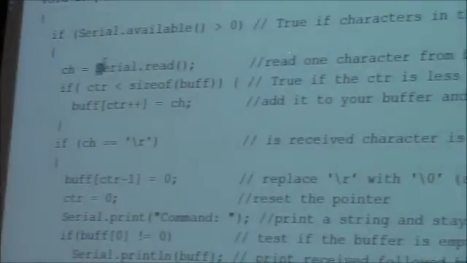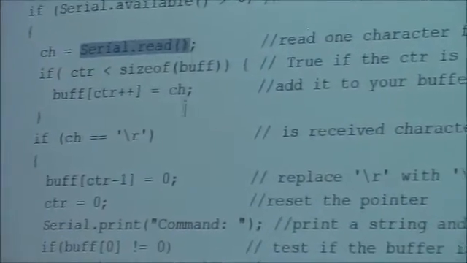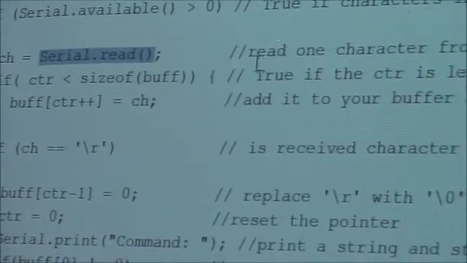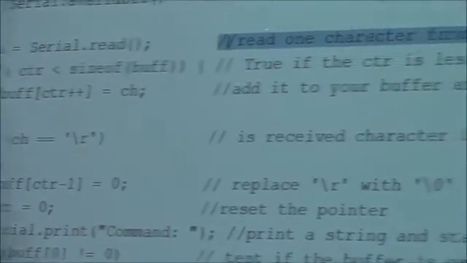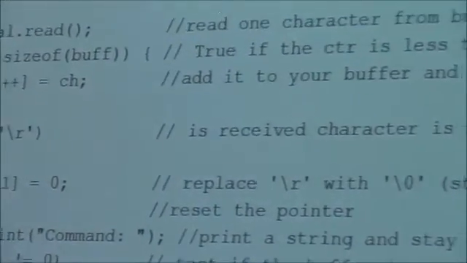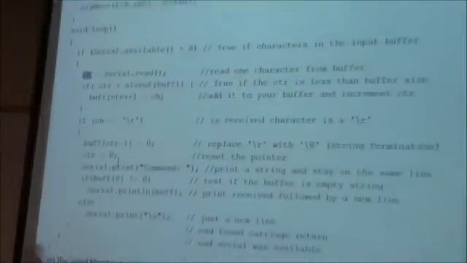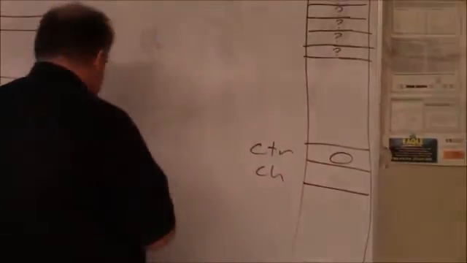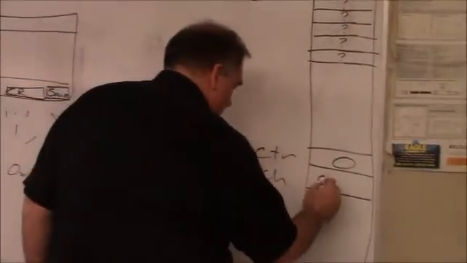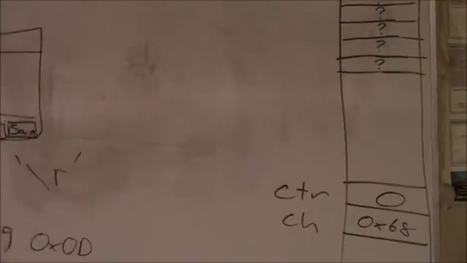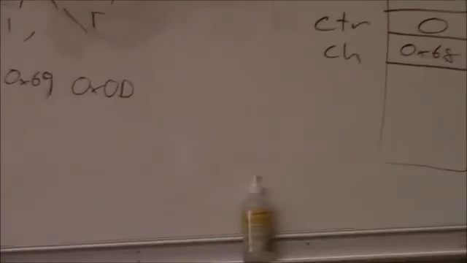And the first instruction here says serial.read, and that reads 1 character from the serial buffer. The character is stored in CH. So it's read and stored in CH. So CH is no longer an unknown value. It's now equal to 68. Okay, the next line says